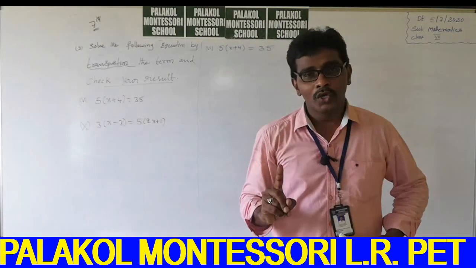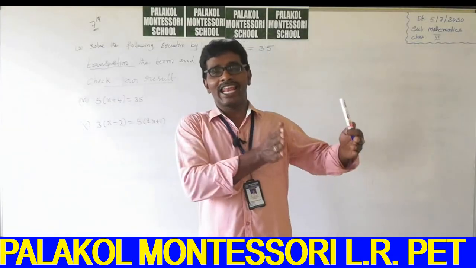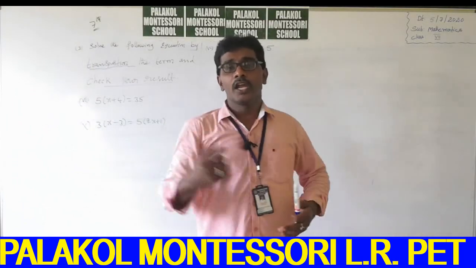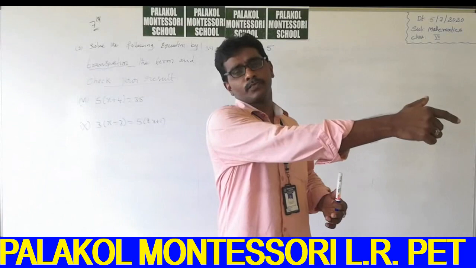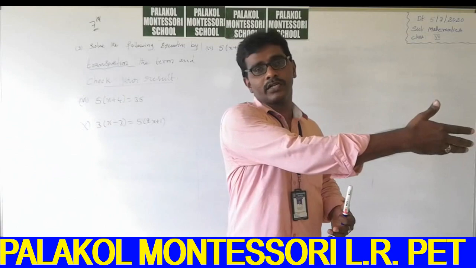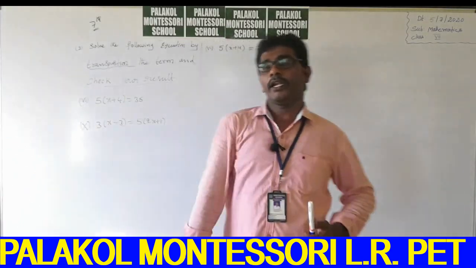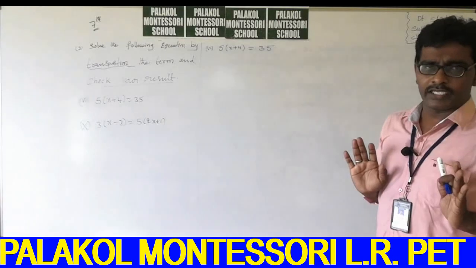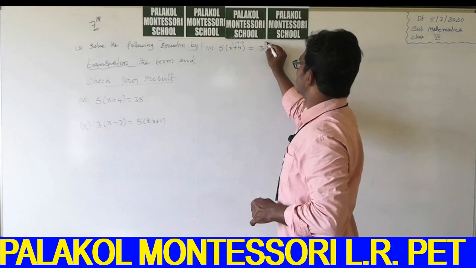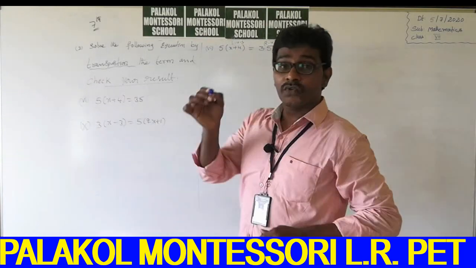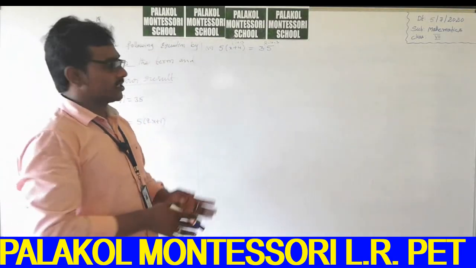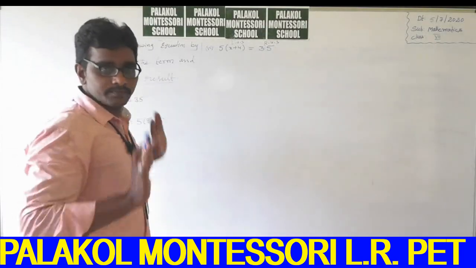You know, transposing from LHS to RHS, a plus quantity becomes a negative quantity, a negative quantity becomes a plus quantity, a multiplication quantity becomes a divide quantity, and a divide quantity becomes a multiplication quantity. The same thing applies here. This is LHS, guys. This is RHS. Which one, the x situation, is there? The x is on the LHS part. Yes, just simply remove them one by one.